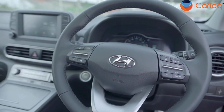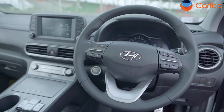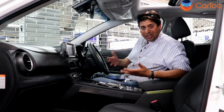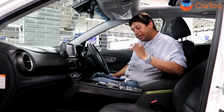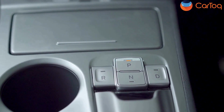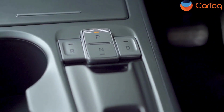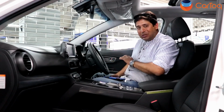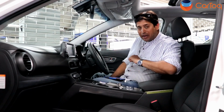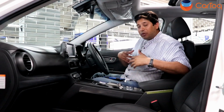It's an overly black theme, broken very well by silver inserts at places, but the big thing is that there is no gear lever over here. You have drive-by-wire and it looks very cool. 4 buttons for your driving situations, a D, drive, R, reverse, P, parking, which I'm in right now, N for neutral, so there's no gear lever. Likewise, it's an electric brake button setup, no handbrake to pull, so this really frees up a lot of space